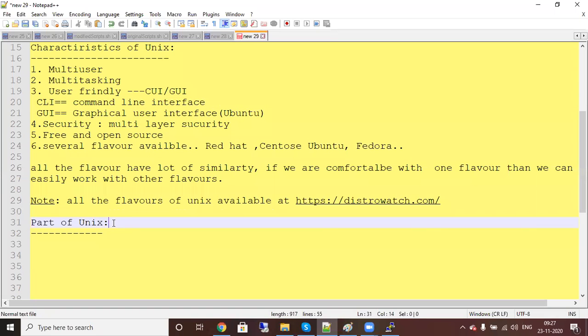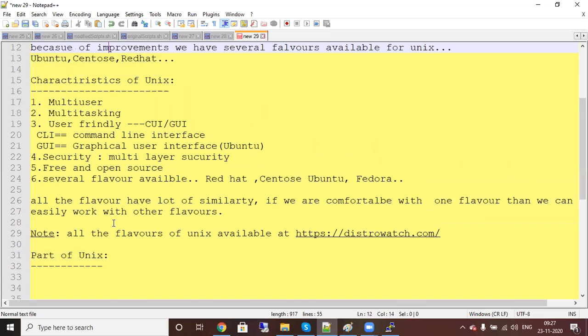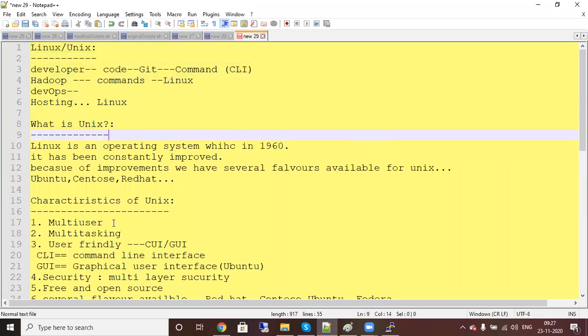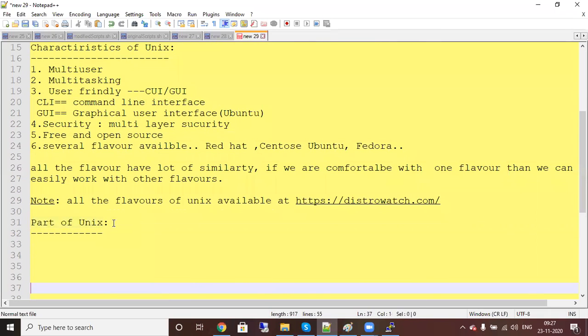Okay, so last time I was discussing the characteristics of Unix. We covered from the start some of the basic use cases of Unix, then what is Unix, then the characteristics of Unix. We were talking about some of the flavors. We can go and see this website, DistroWatch. It has all the flavors available. You can go and see. Then we saw in the